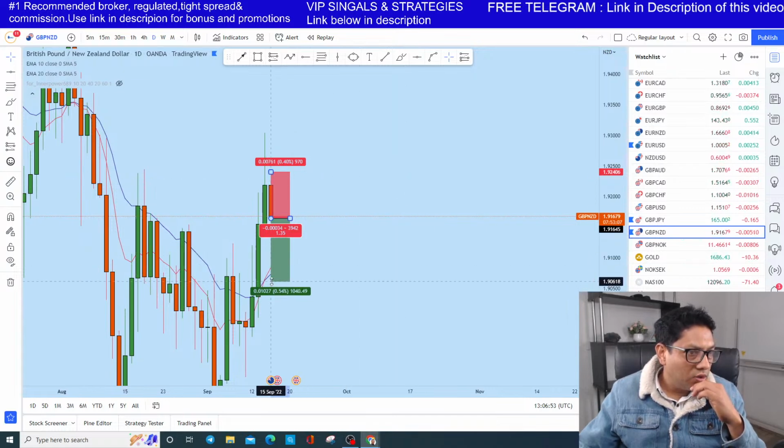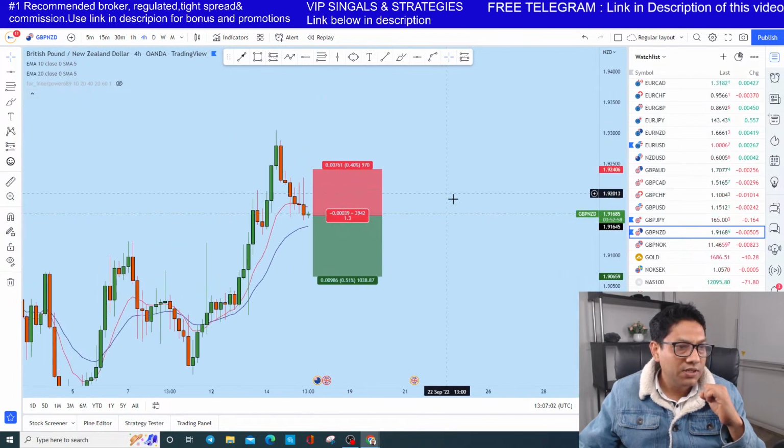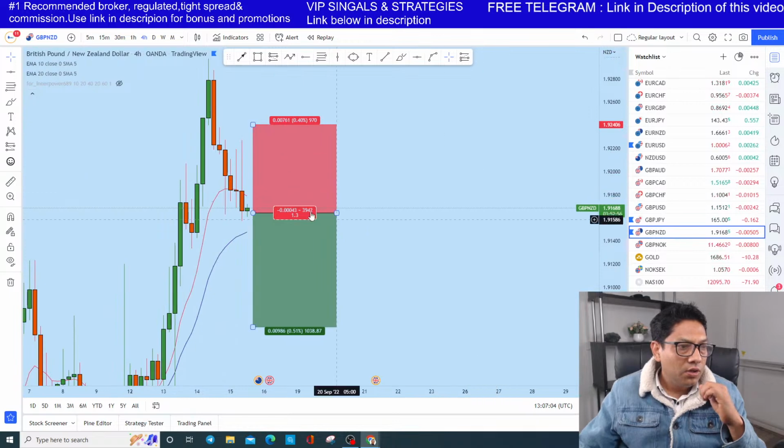I'll sell it 1 to 1.3 just to keep the profit target at the daily 20 period moving average, because we might see some spike. So if we move it here now, entry,